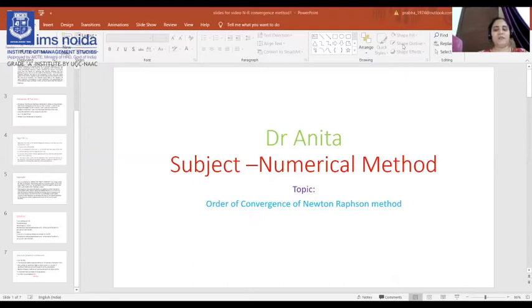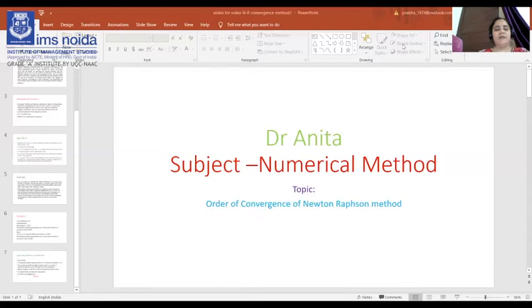So how do you remember the steps you have applied to find out the root in the bisection method? What is the meaning of bisection method? Any polynomial you get, you have to undergo a number of steps to find a root by assuming two roots and then taking the summation of the roots divided by 2, and putting the third one in the polynomial, then compare: fa into fb less than 0.